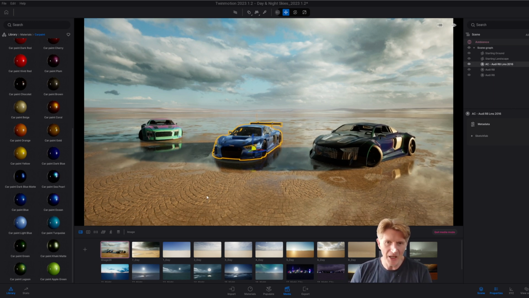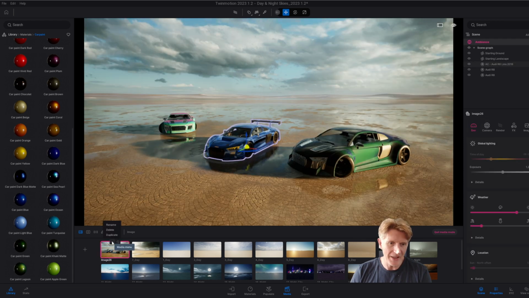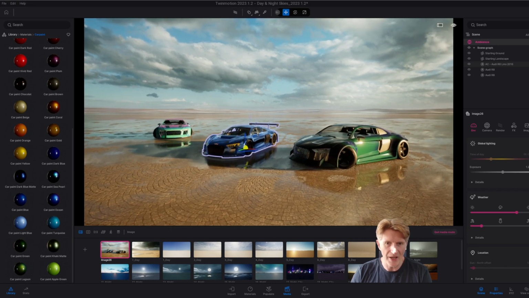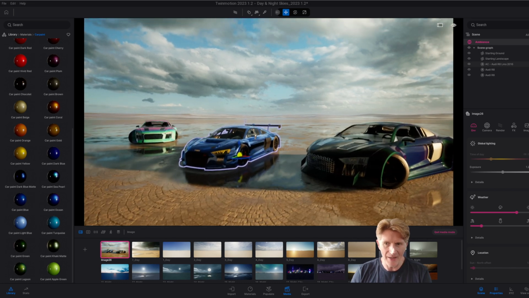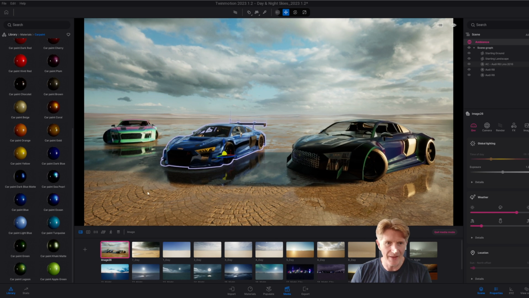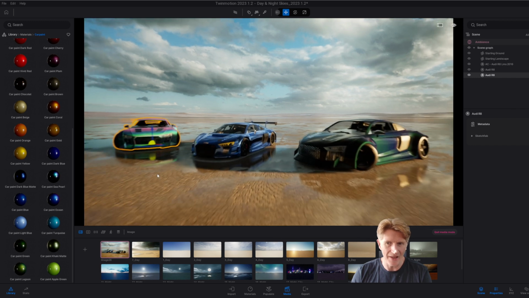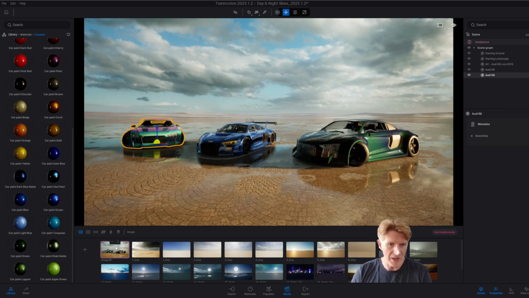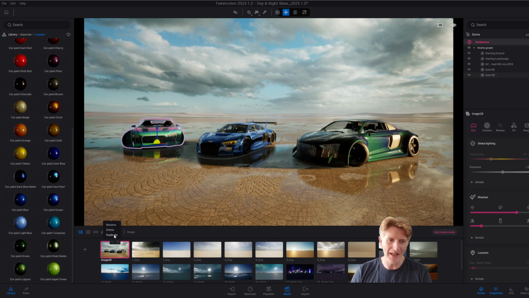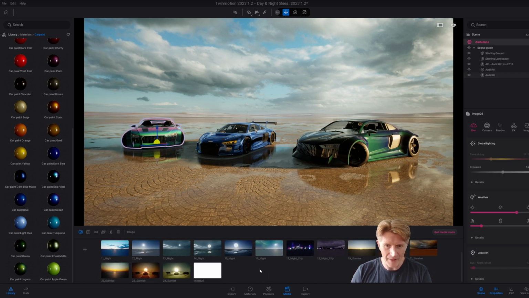The next thing that I'm going to do is basically set these up for path tracing. So what I'd recommend is you might want to adjust that view one more time. Let's zoom in a little bit here just to get a nice bit of depth in there. I think what we'll do is bring this car forward a little bit more, just so we can really see it in the visuals. Okay, that looks pretty cool. Let's click update. So I'm going to click onto duplicate, and with my second image,